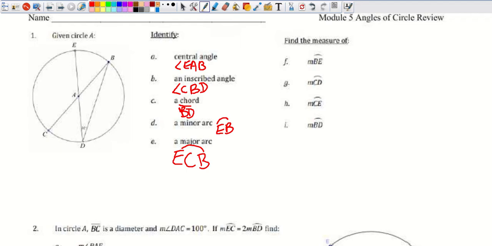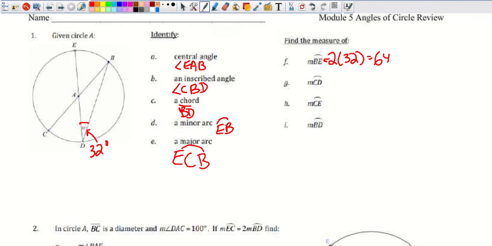All right, so we're going to find the measures of these arcs. It might be hard to see, but it does say that this angle EBD is 32 degrees. So arc BE is inscribed. Remember, that is double. So this is 2 times 32, which is equal to 64 degrees. Arc CD, so arc CD